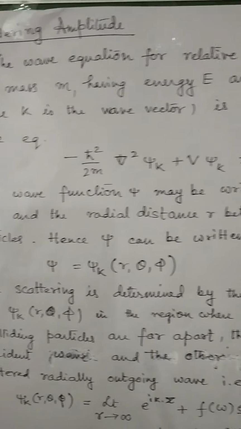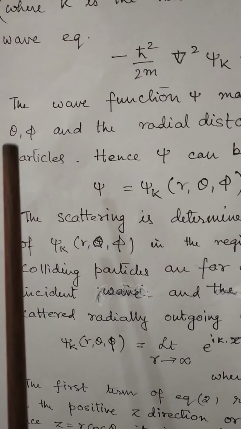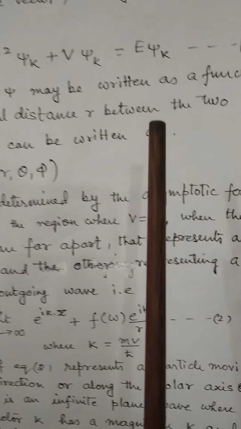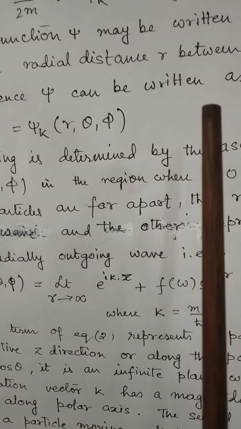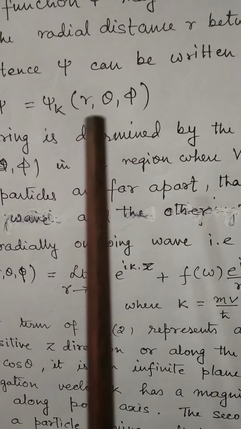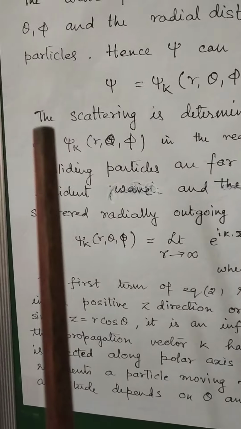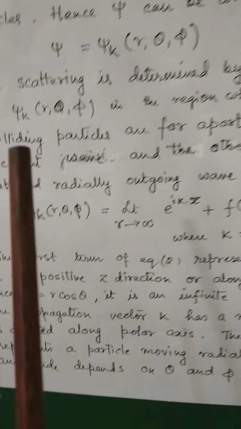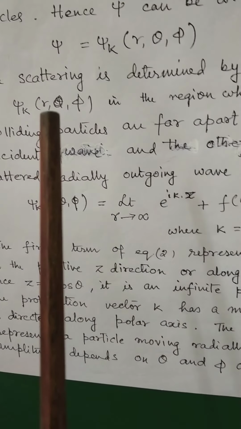Now the wave function psi may be written as a function of theta and phi, and the radial distance r between the two particles. Hence, psi can be written as psi k, a function of r, the radial part, theta and phi. The scattering is determined by the asymptotic form of psi k, a function of r, theta and